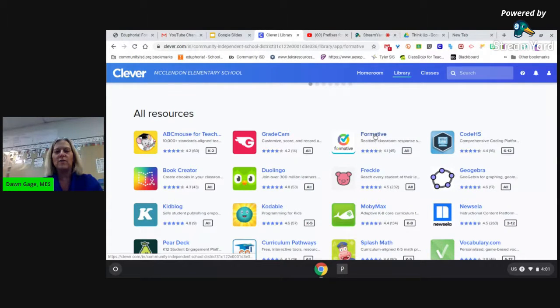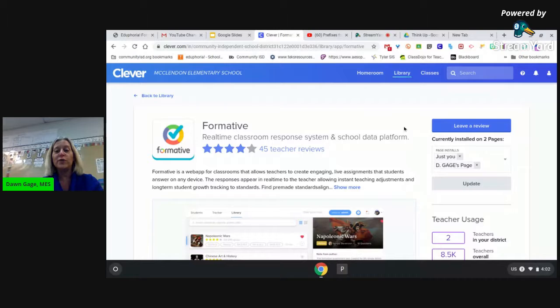So when you click on Formative, when you first do it, it will ask you to add it to your page. Mine is already there. So you'll see off to the side, it says I currently have it installed on 2 pages. So I've already got it on mine. So if I go back into my homeroom,